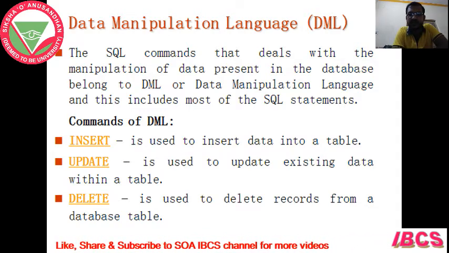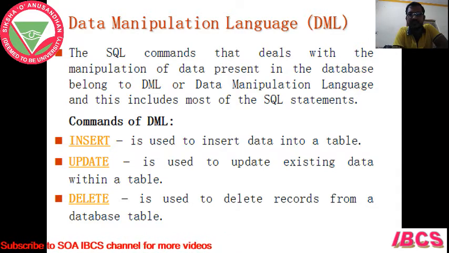The update command is generally used to update any data. For example, if the student changes the telephone number, the update command can be used to change the telephone number. The delete command will be used to delete an entire record. So a particular tuple will be deleted based on a particular condition. So we'll discuss each one of them in detail.